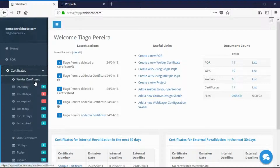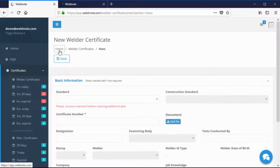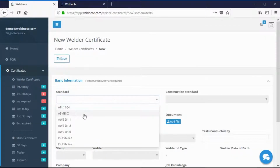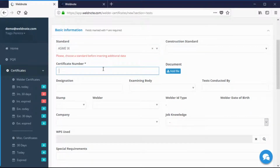Click on the Welder Certificates option, and then click New. Select the standard first to enable other fields. The only mandatory fields are standard and the certificate number. Fill in this field and continue. If you have a digital version of the Welder certificate, you can upload it to the Add File button under